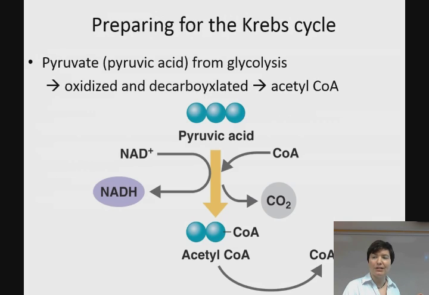If we're going to get all the energy that we possibly can, we're going to go to the Krebs cycle. So how do we prepare for that? We've got this 3-carbon pyruvic acid, pyruvate, and we oxidize it, so we steal some electrons. We decarboxylate it, so we take off one of the carbons, and that turns it into acetyl-CoA because it's joined with a coenzyme. So now it's a 2-carbon molecule. We strip off one carbon, making carbon dioxide,